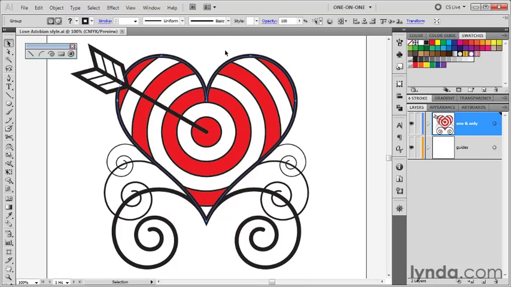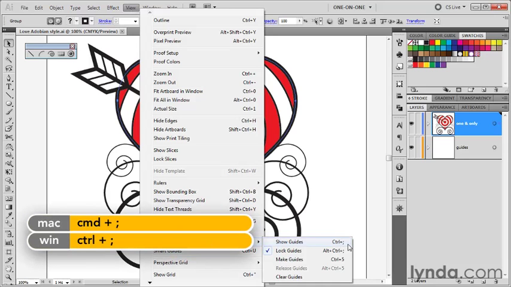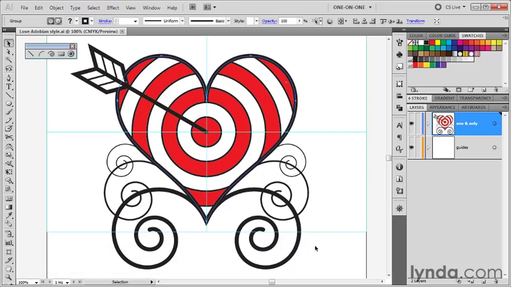Right now, the guides are hidden, but you can view them by going to the View menu and choosing Guides, and then choosing this command right there, Show Guides. And by the way, to show and hide the guides, you can also press this keyboard shortcut, which I suggest you remember, even though it's weird, of Control semicolon, Command semicolon on the Mac. Again, that works throughout the Adobe applications. So learn it once and you know it elsewhere. Anyway, I'm going to go ahead and choose that command, and now we can see the guides that are located